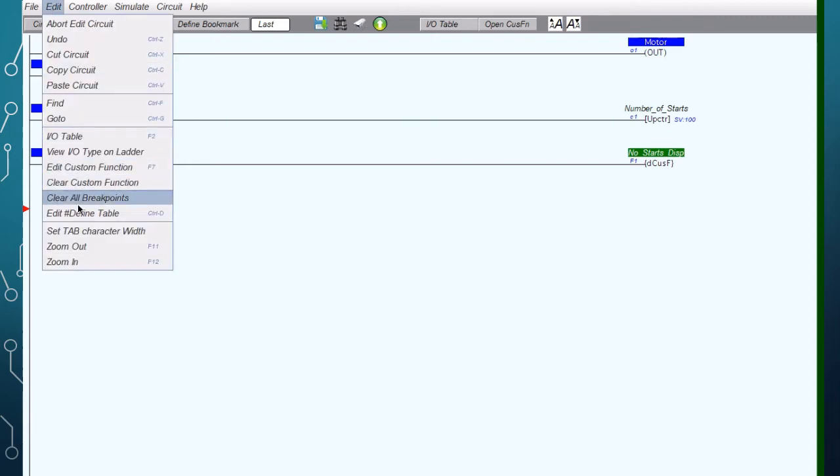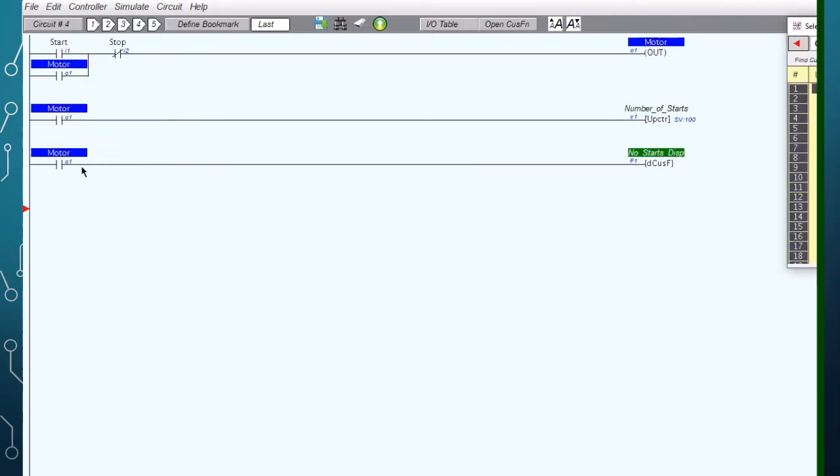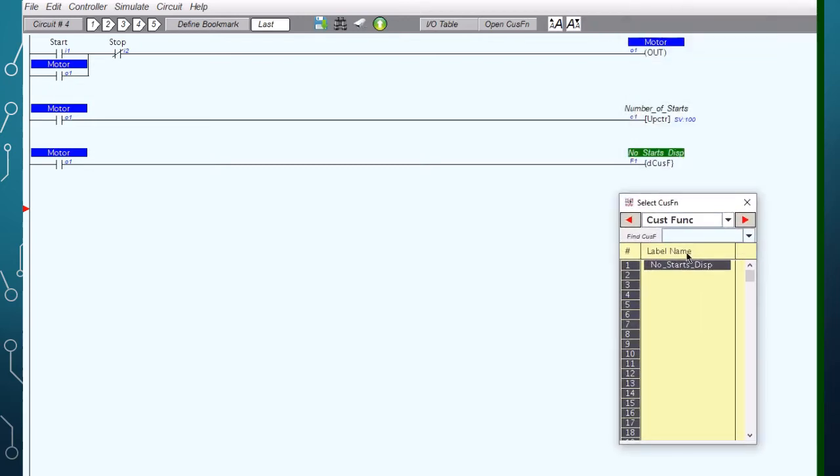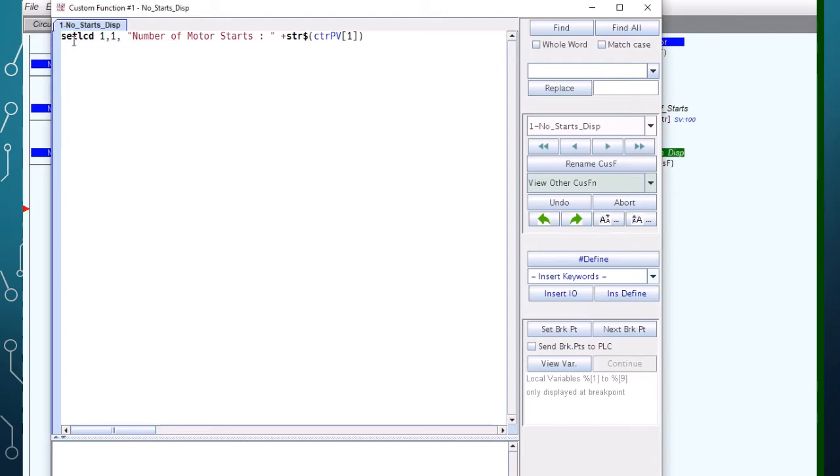Edit, custom function. And we want the custom function labeled number of starts. So you click on it. Now you can see how it is programmed. We want to have the message placed in the first column